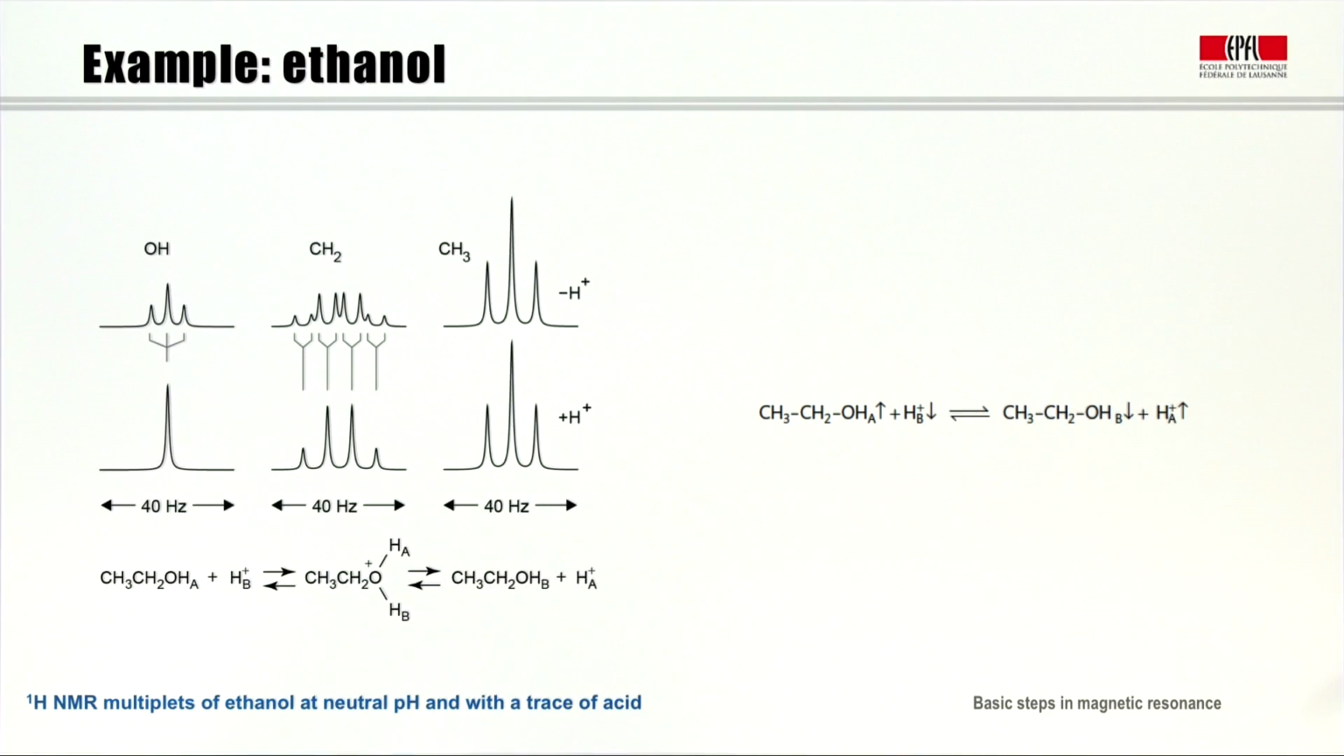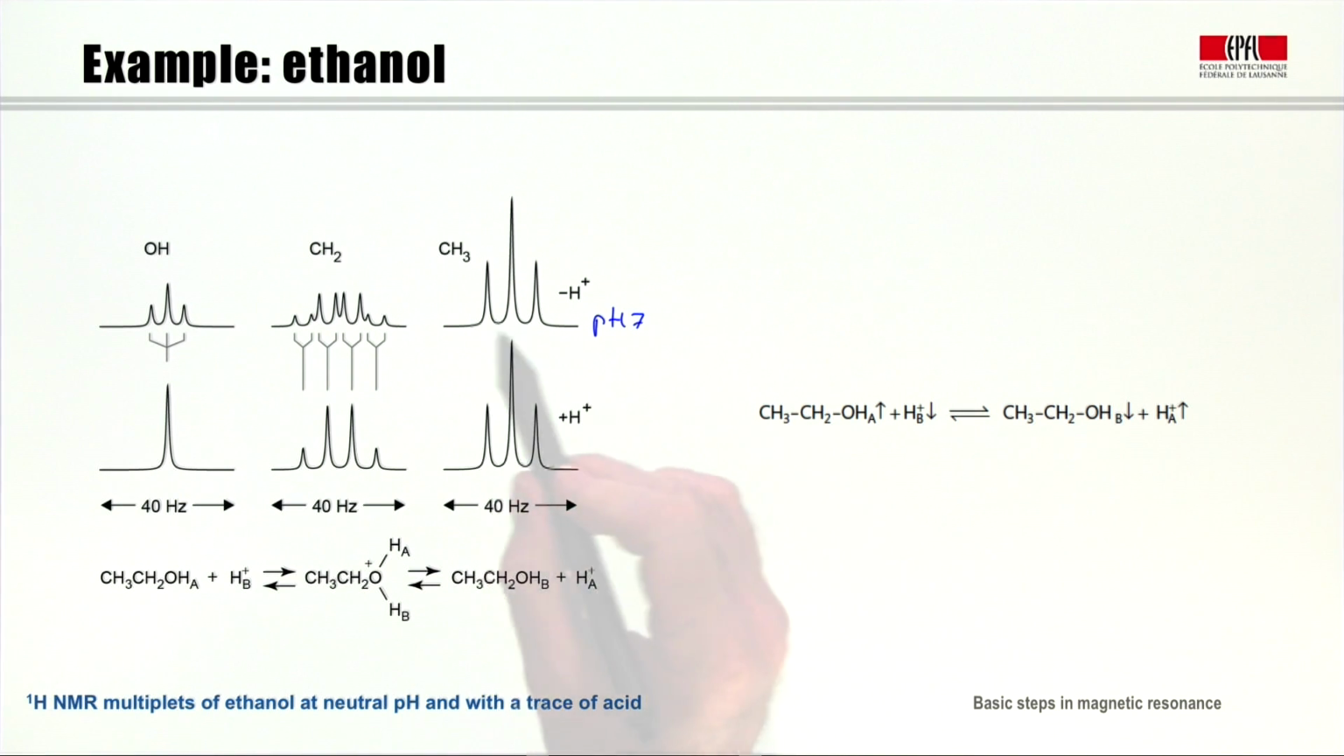Now there are more basic examples, and this one was probably already discovered in the 50s, possibly at CERN, by the very early investigations of Damati and others. Now we are talking about ethanol. It turns out that if we take the multiplets of ethanol at neutral pH, so this is at pH 7 here,